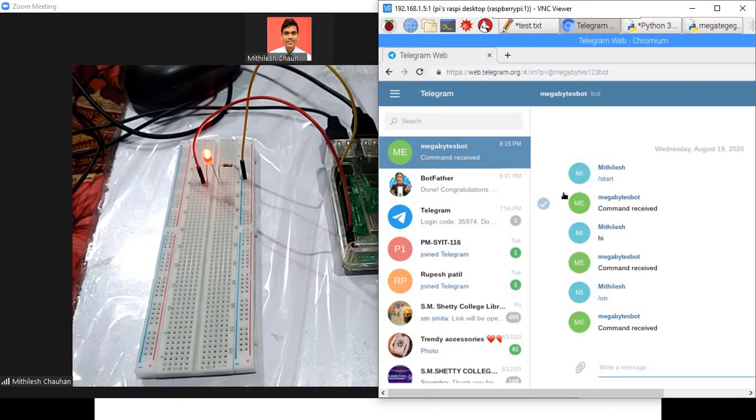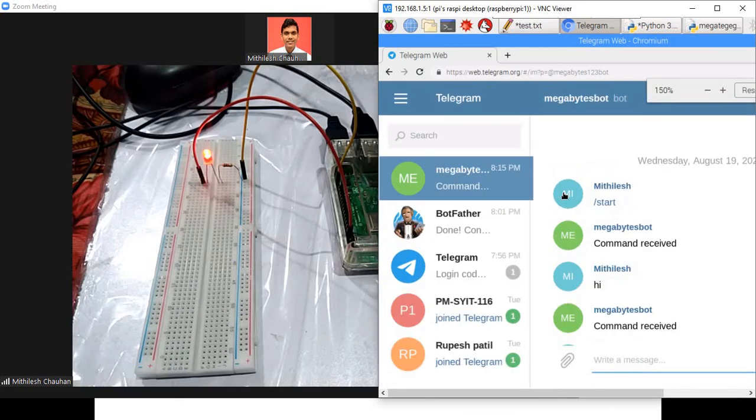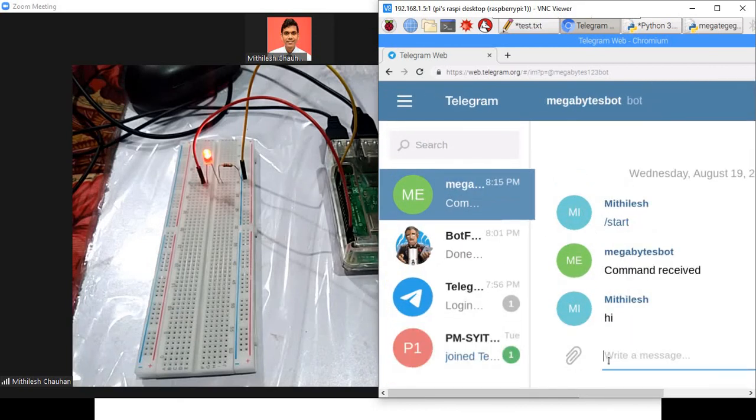Now consider this app you are using on the mobile phone. So I will send some command. That command will be received by the program, and the program will activate or deactivate your LED. So the command I am sending is /off.